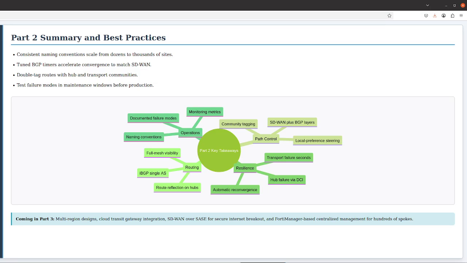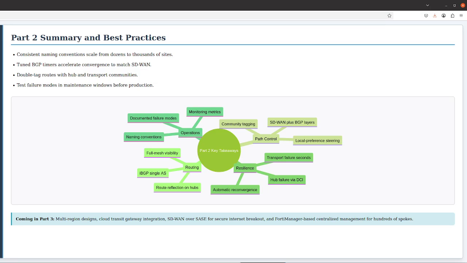Second, tune your border gateway protocol timers. The default border gateway protocol hold time of 180 seconds is far too slow for SD-WAN. Set keepalive to 10 seconds and hold time to 30 seconds on the neighbor statements, giving you border gateway protocol failure detection within 30 seconds at worst, and much faster when combined with bidirectional forwarding detection. The SD-WAN layer detects failures faster than border gateway protocol, but border gateway protocol also needs to converge for long-term